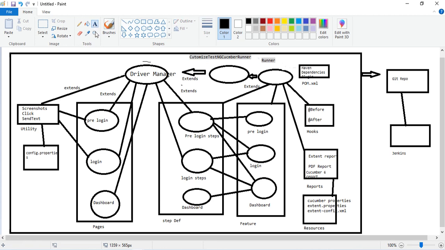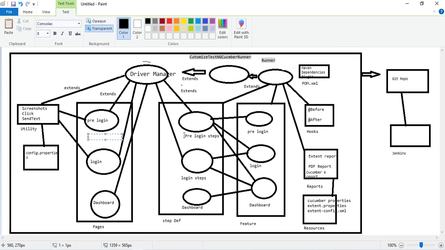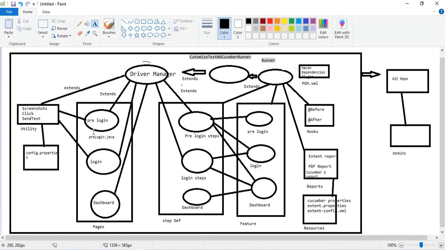Okay, so for the pre-login screen we will create a pre-login.java file, and this will behave as a page. Okay, and this page will use my utility. Okay, I've created a screenshot utility so far, and we'll be creating the clicks and text in the next video. So all these pages are going to use my utility.